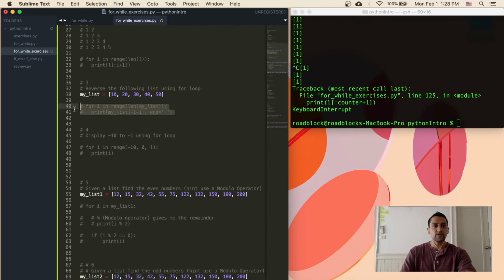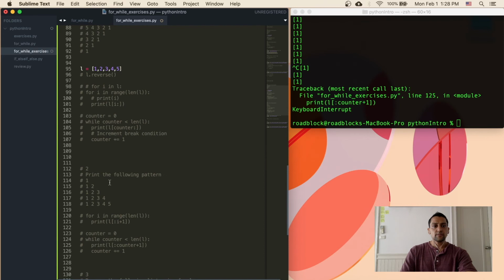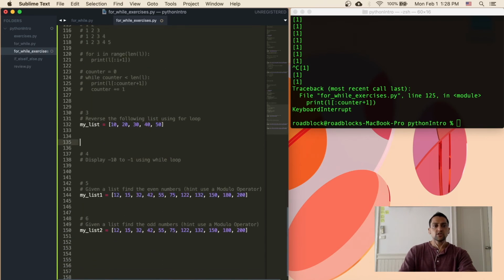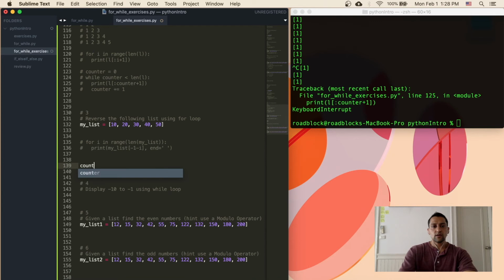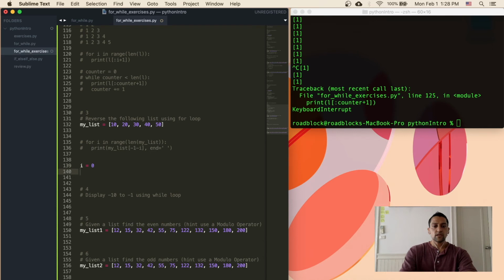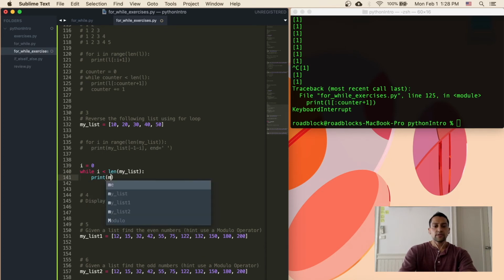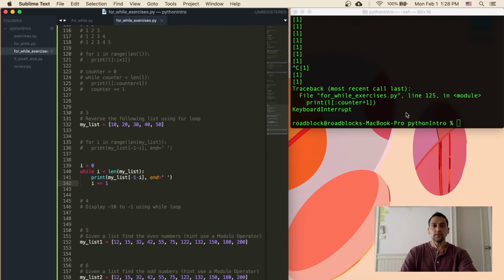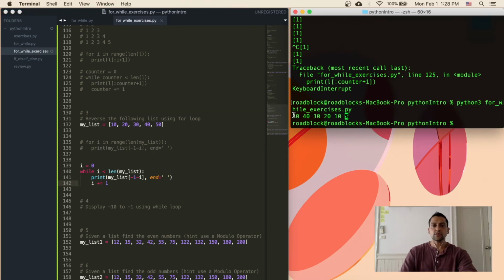So now if we want to reverse the list with the counter again, we can take the same exact work we've done up here, copy this and paste it down here, just so we have it for reference. Write counter equals 0, actually in this case I'll write i equals 0, and while i is less than the length of my list, write print my list of -1 minus i, end equals none, and I need to add i plus equals 1. And we'll see we get the same results: 50 40 30 20